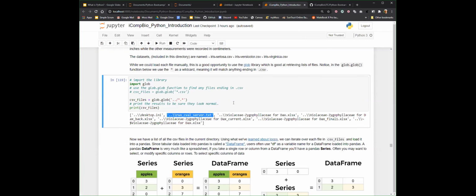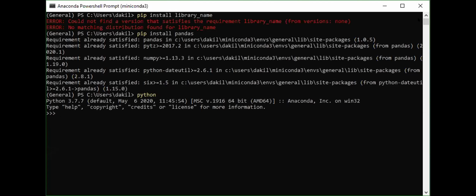The thing is, if you wanted to do it outside of Jupyter Notebook, just change where your notebook is. Outside of Jupyter Notebook, if you were in something like PowerShell or in your Anaconda prompt and you're running Python like this, and